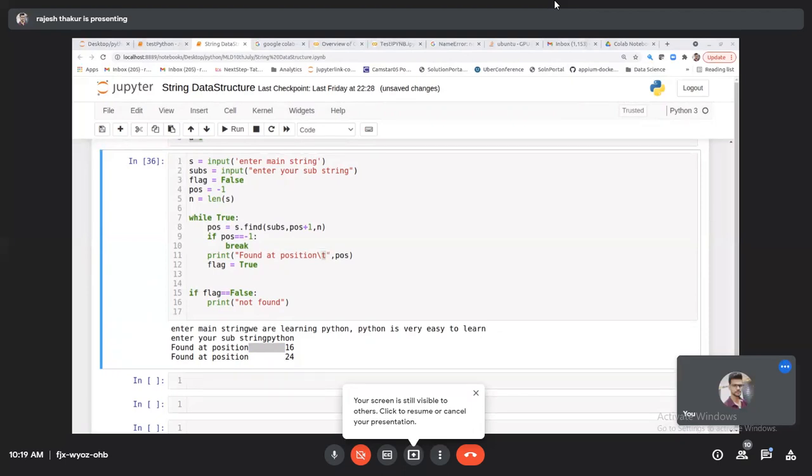String assignment, Python string assignment. ठीक है, we'll give it to you. I want this kind of pattern programming. Just a minute, Control Shift print screen. I want this kind of, just a minute, let me share the screen.